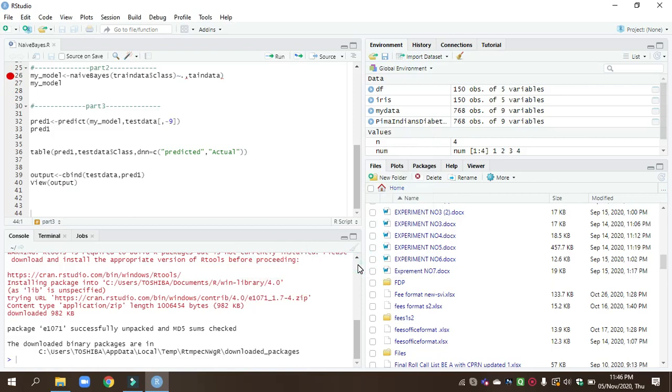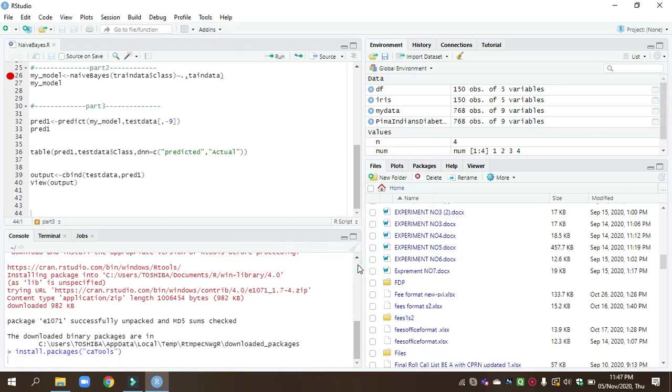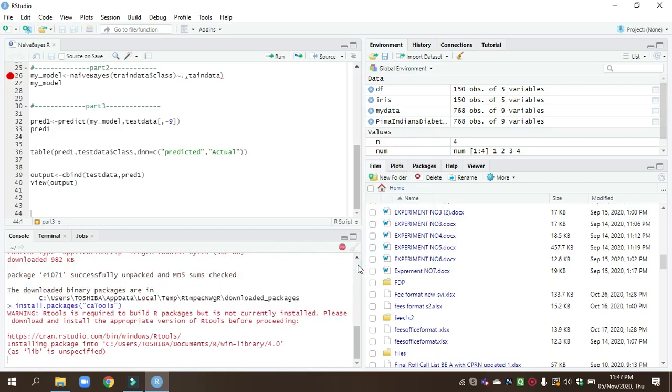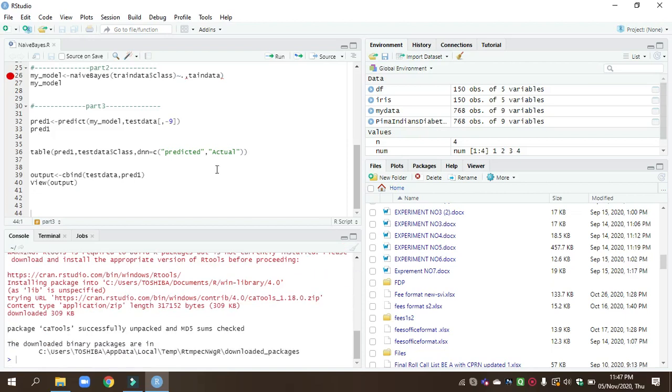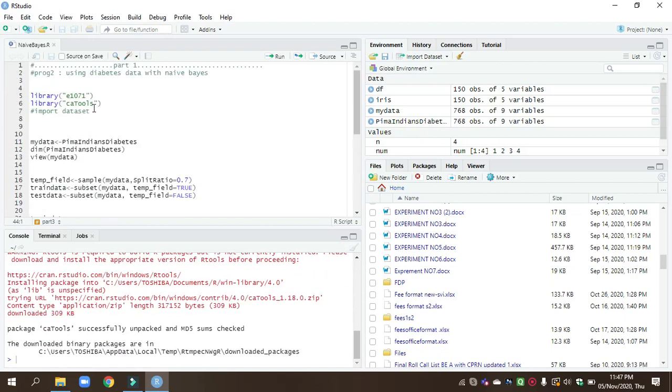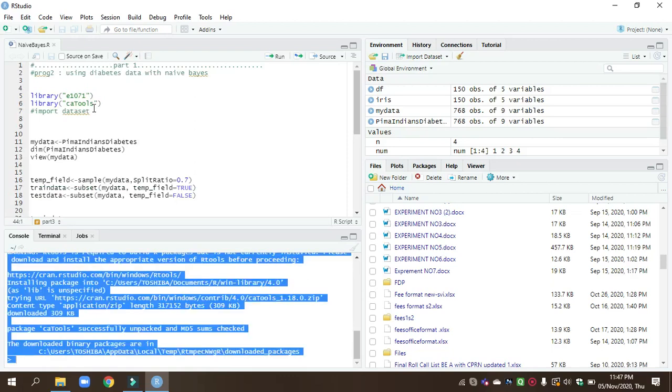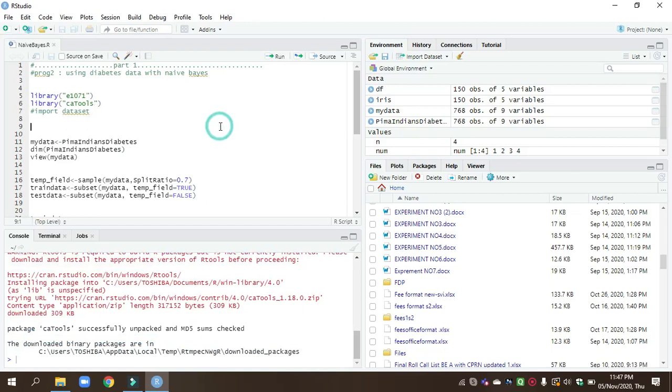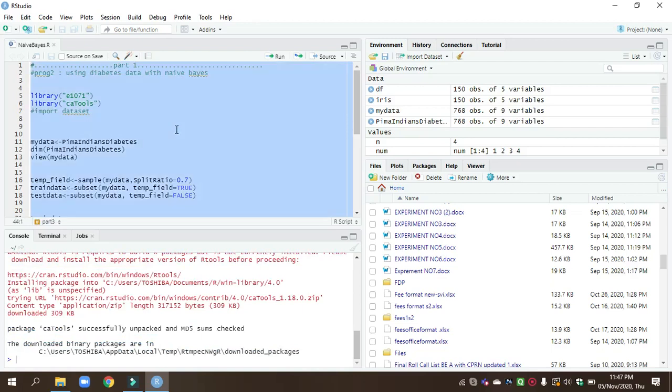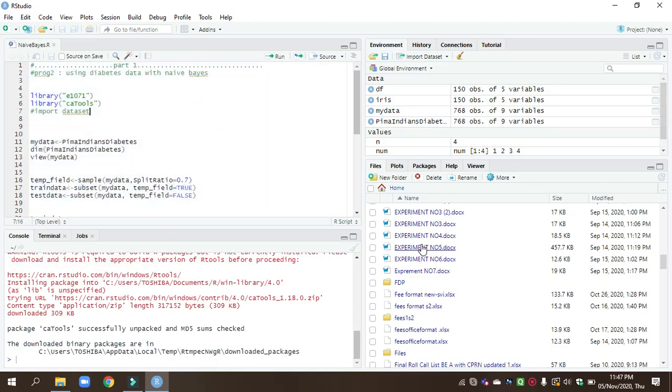Install that caret. Now we copy this program, Control A, Control C. Before that, we have to upload the CSV file.